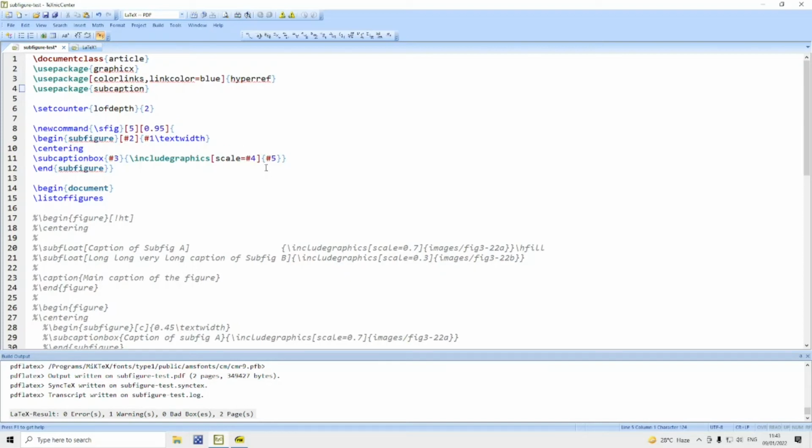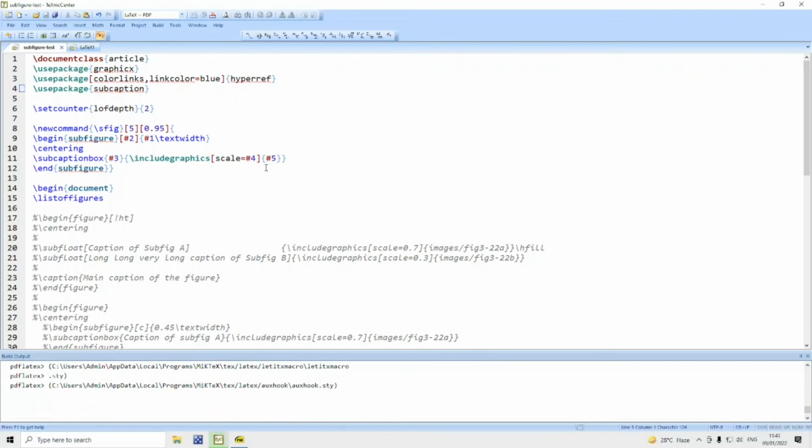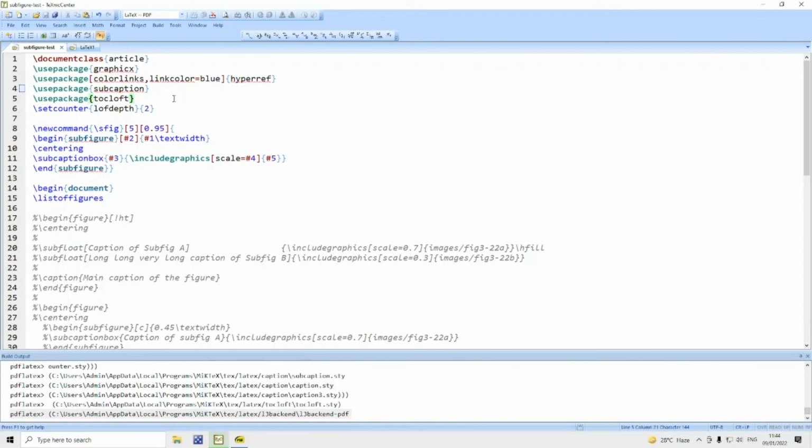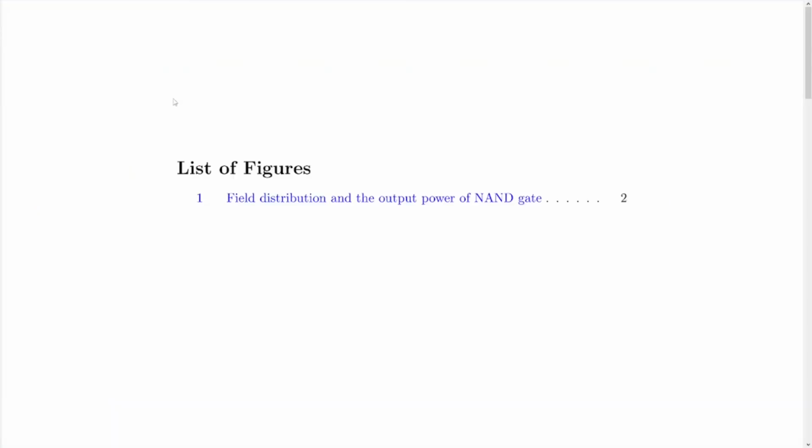However, with this command, if you compile, you will have one error: no counter LOF depth defined. And then if you attempt to use another package, tocloft, this command is accepted, because now you find there is 0 error, but still the subcaptions will not be available in the list of figures.